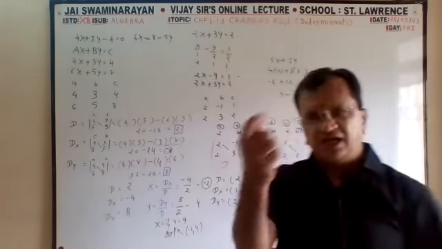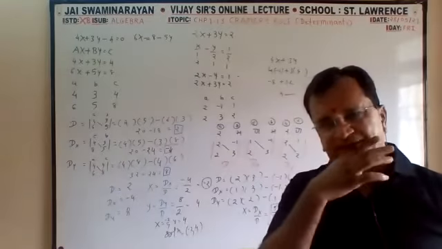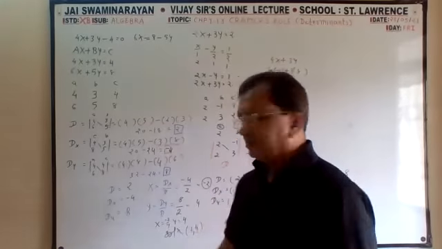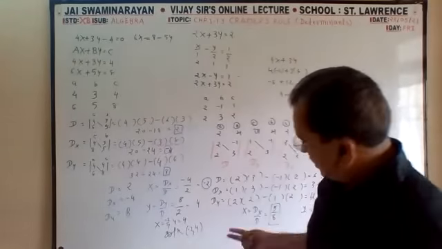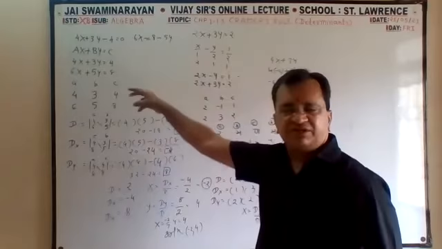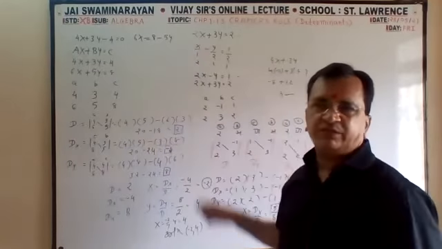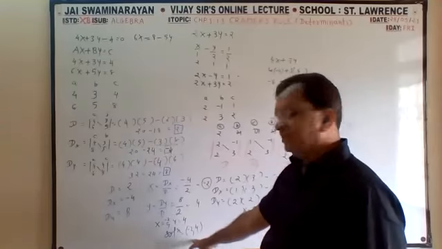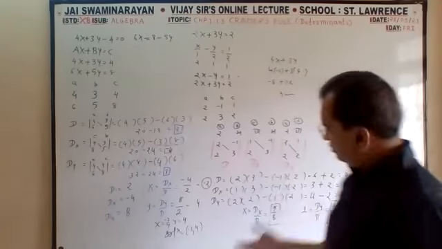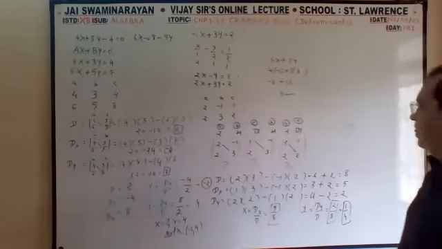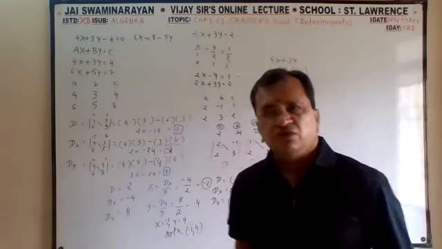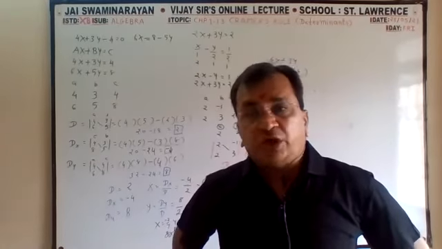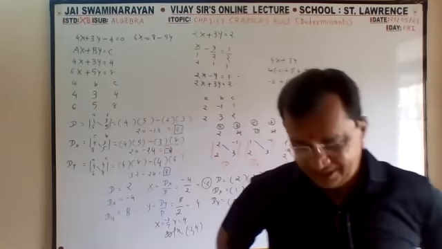See, with a single wrong number, you will get both answers wrong. If Dx is wrong, then x is also wrong. So at the end, you substitute in any equation and you will get it. By substituting, I found whether my answer is right or wrong. One is right, one is wrong. So I rechecked, and by rechecking you will definitely get your correct answer. Like that, students study topic-wise in maths especially, and in science also.